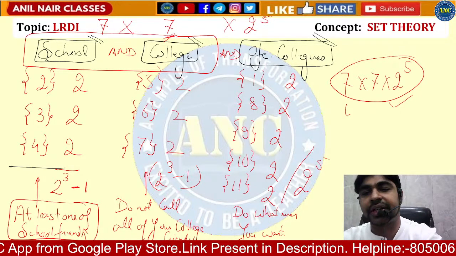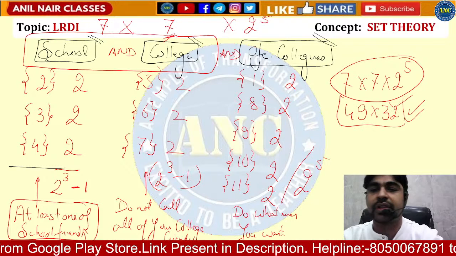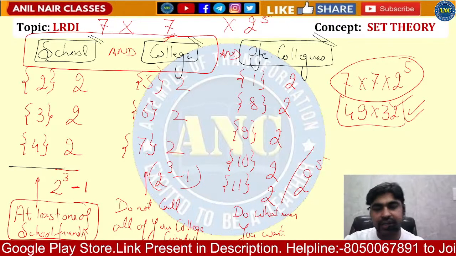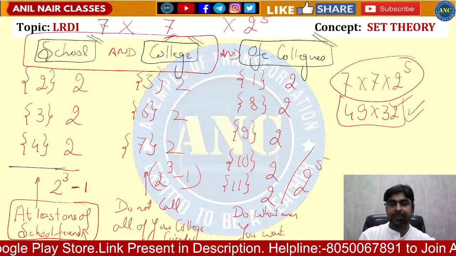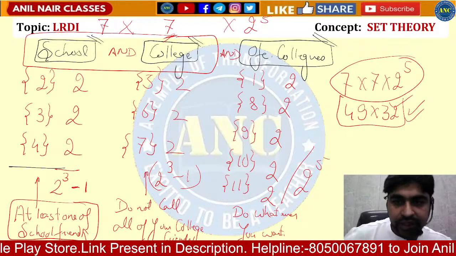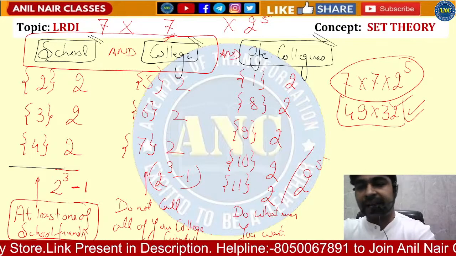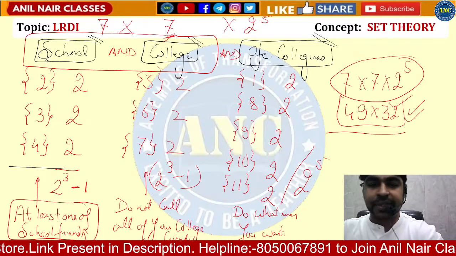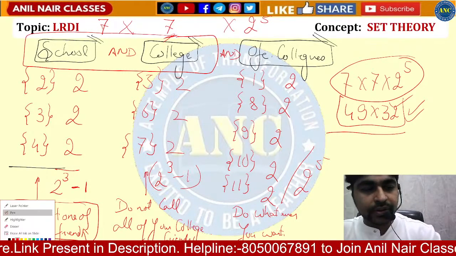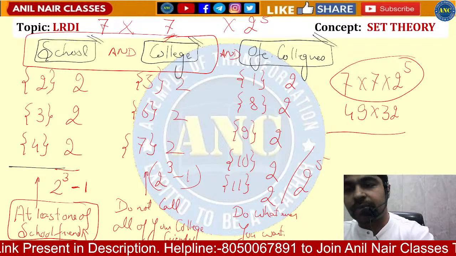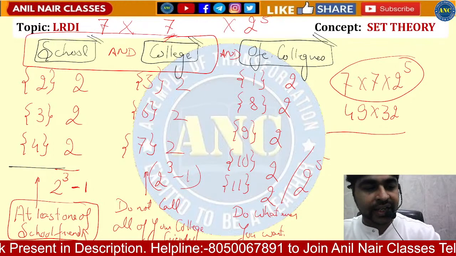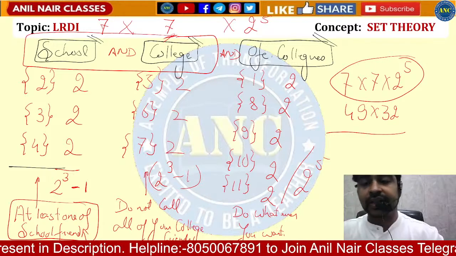You can solve it yourself. Okay. This part you can solve it yourself, right? I don't think I need to explain how to multiply 49 and 32. If you don't know how to multiply in a single line, then I will explain it. For those students who do not know how to multiply it in a single line, I'll just explain it to you. The method is